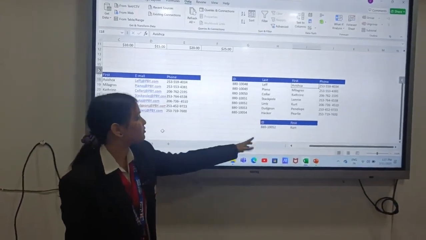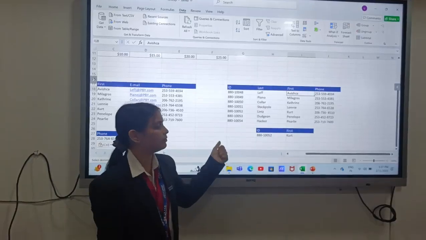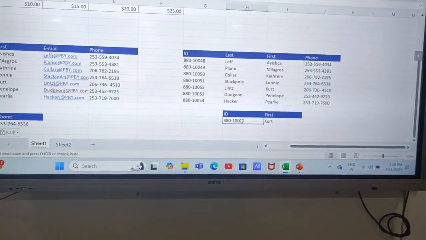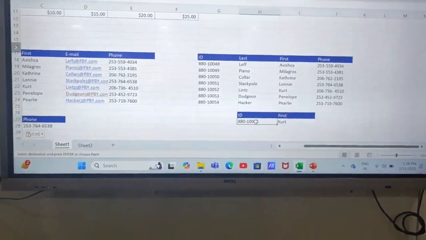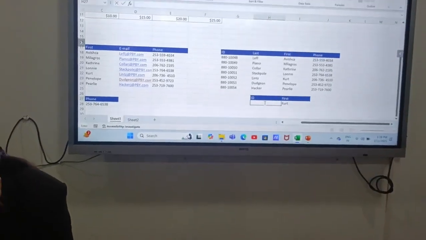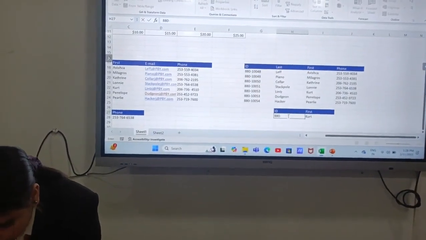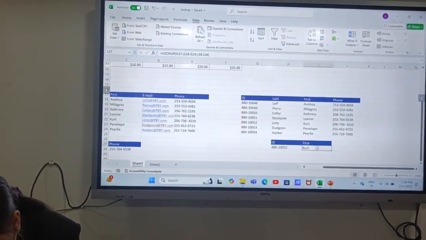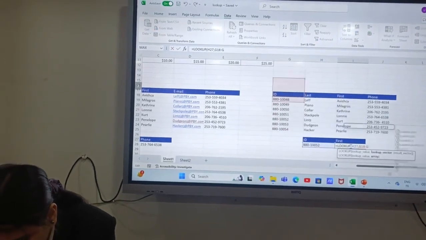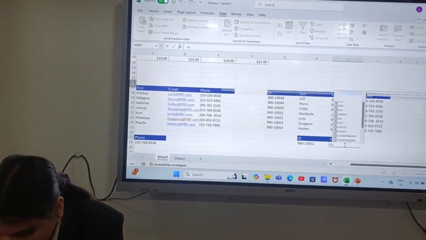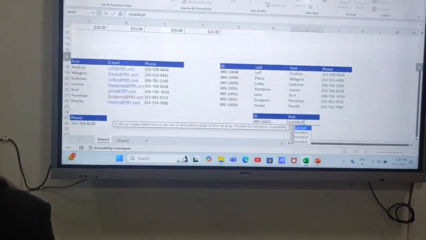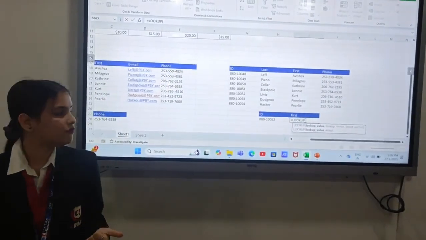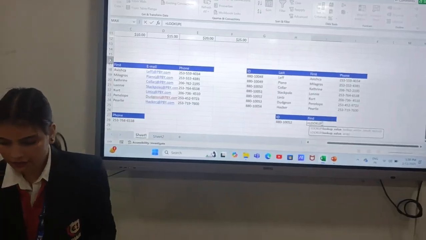Now here it asks for first name and ID number. For that we have to write the ID number, and we'll get the first name by using the first formula, which is equal to LOOKUP, open bracket. Here the formula asks for lookup value, lookup vector or result vector.